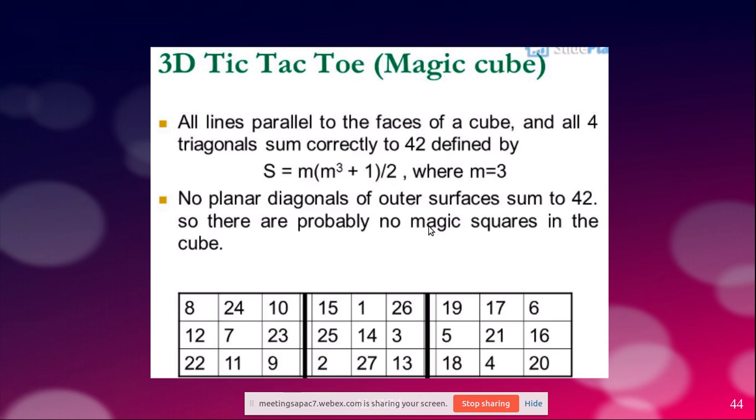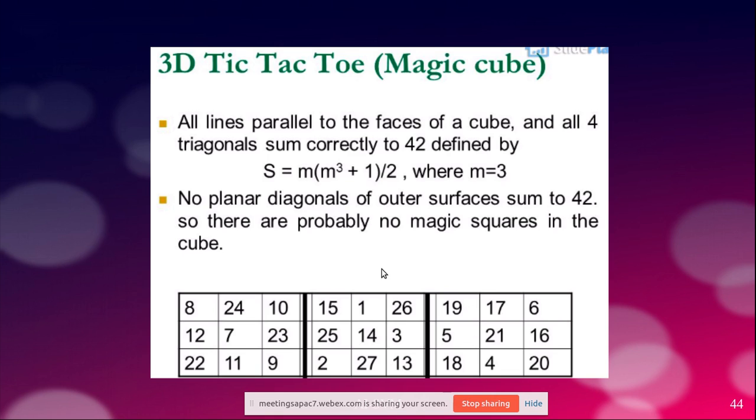You want to extend? Okay, this is about a 3D magic square. You're talking about a magic cube. So these are the cell numbers used in Rubik's cube format, and you select any pairs, and then what will be the total now? Total is 24 plus 8 is 32 plus 10 is 42. 16 plus 3 is 19 plus 3 is 32 plus 10 is 42. So you just look at it, any combination of threes is going to be 42.